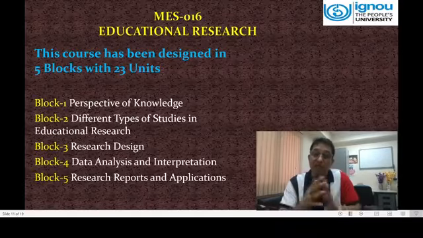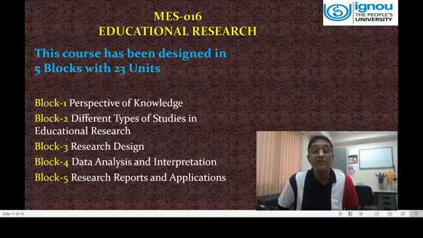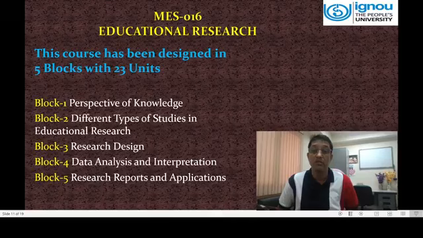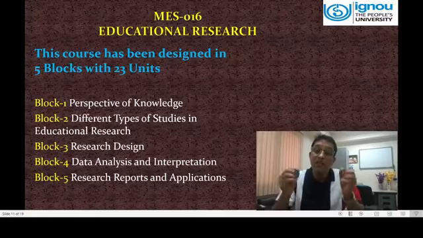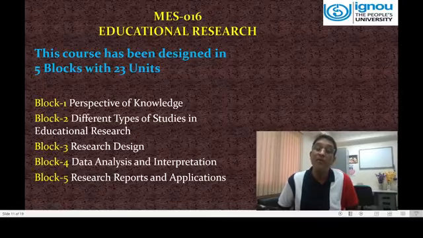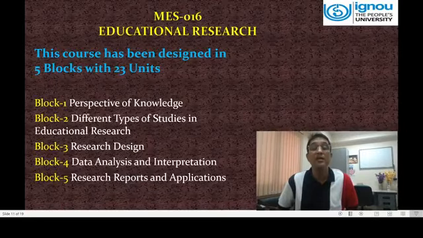What are the different types of knowledge? How to acquire knowledge? What are the different sources that you are supposed to use for acquiring knowledge? And further, those sources or that knowledge base, those techniques will help you in conducting educational research. Unless you understand the very concept of knowledge, it is difficult to create knowledge. So for creating knowledge, first of all, you have to understand the philosophy of knowledge. You have to understand the processes that you are supposed to follow for creating knowledge.